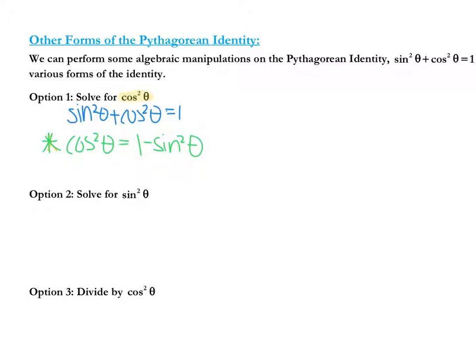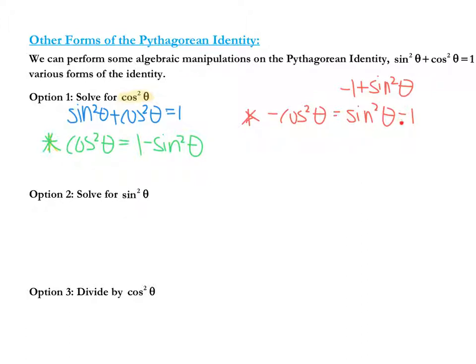Okay, now continuing on this note, sometimes you might see this reversed. It might be manipulated a little bit differently, and instead you might see a negative cosine squared theta. If that's the case, then it's sine squared theta minus 1. So all I did was, if I made this negative, then that means I had to divide the right side by a negative 1. And when dividing the right side by negative 1, this would be negative 1 plus sine squared theta, and then all I did was